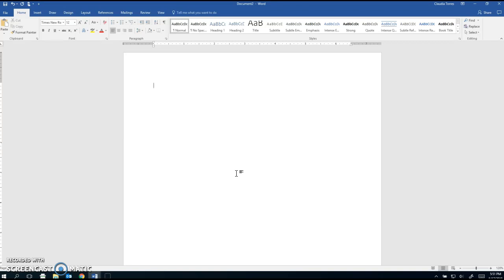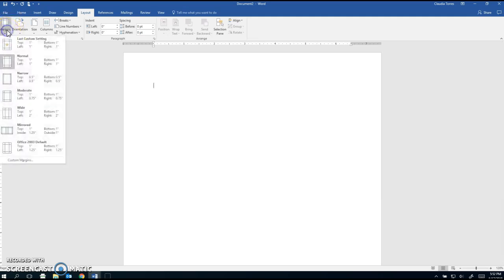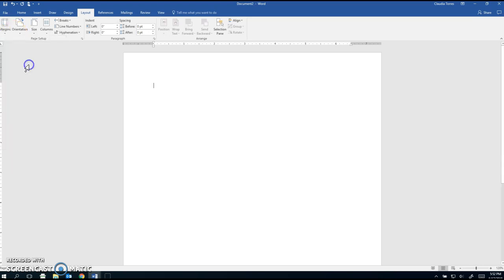So we've set our Times New Roman, we've set our font, and we've set our double space. Go ahead and double check and make sure your margins are correct. And you'll do that under the layout section, layout tab. And margins are in that, it's the first one on the far left. Look at the margins, and it should already be set to 1 inch. Just make sure, double check. It's usually the custom setting on there. Click it, and then you're set for your